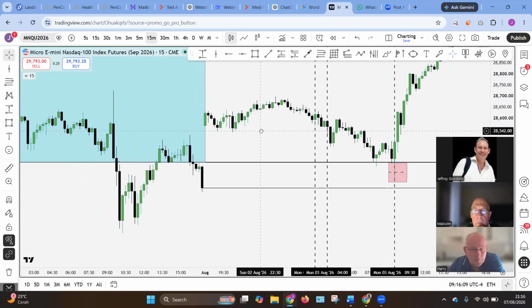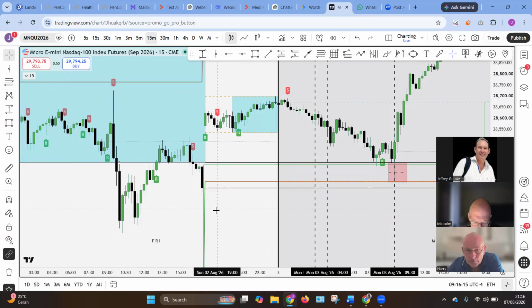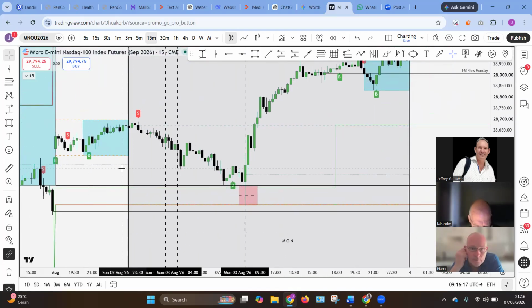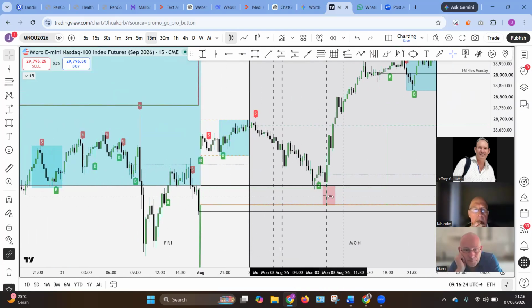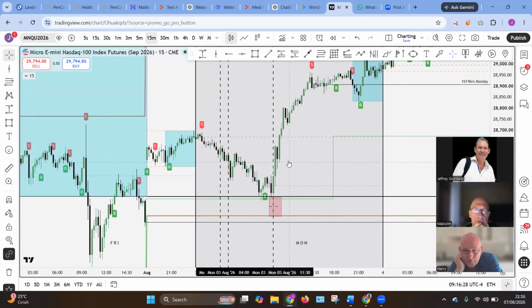But before we do that, let's now put one indicator on. This one here. This is the whole of Monday. I typically say we don't need to trade Monday, but when you see this gap getting filled, it'd be rude not to take that buy, wouldn't it? When you see this, yes, it would be absolutely rude not to take that buy.